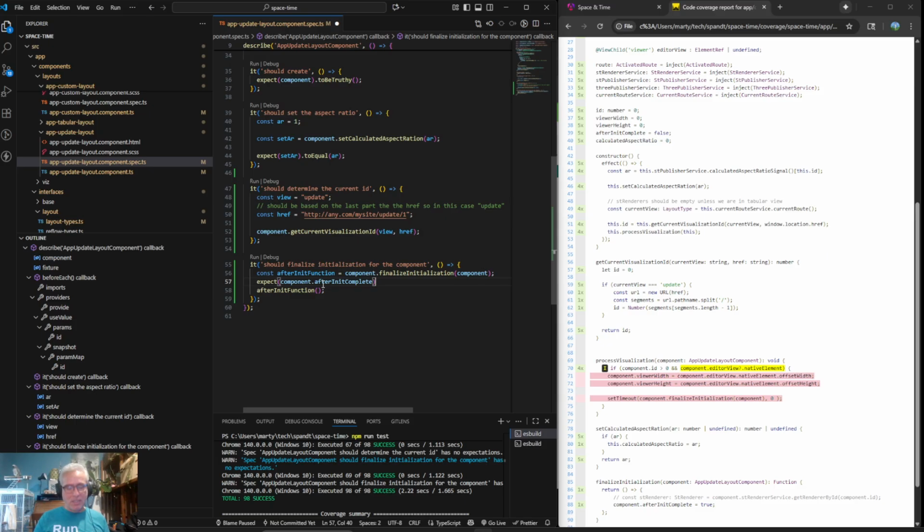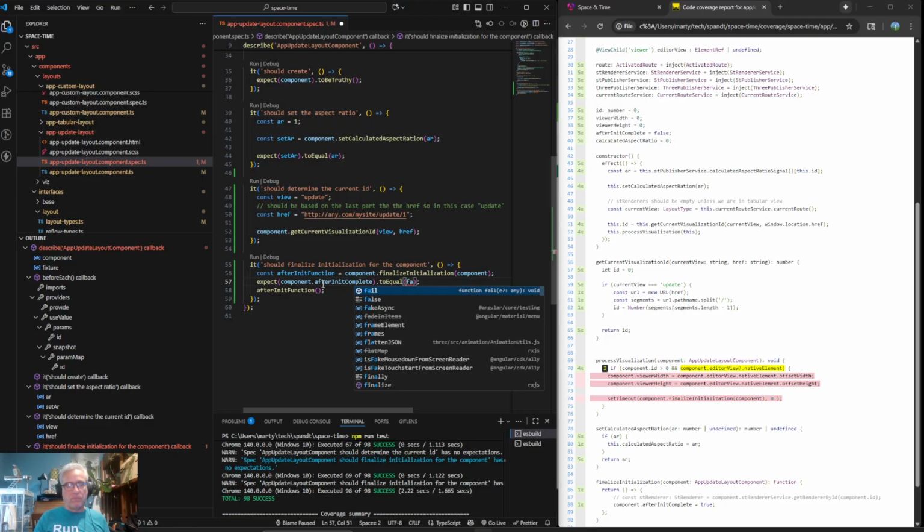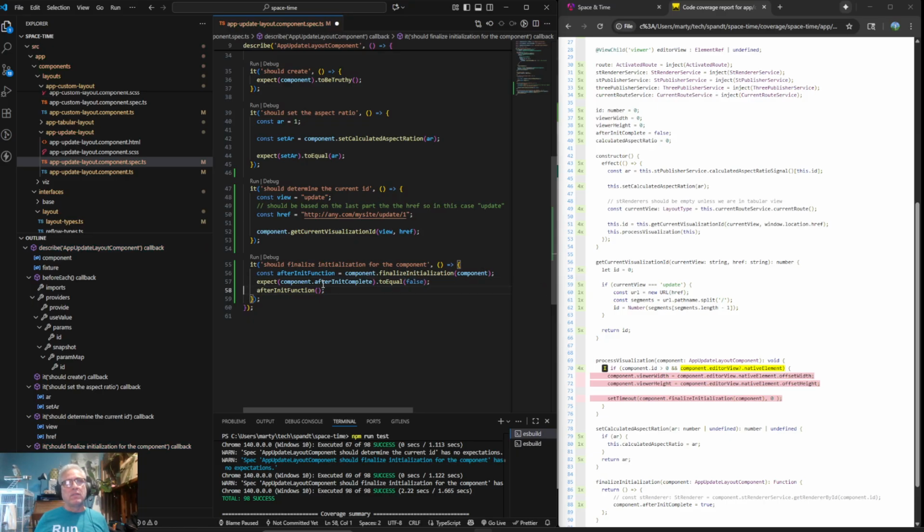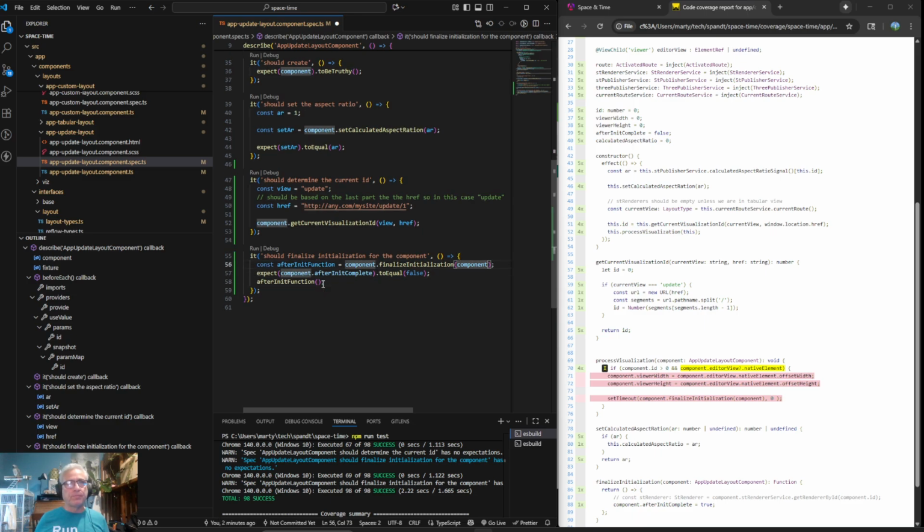And we expect it to be equal to false, to equal false. And then after this, we expect it to be true. And we have to do that timeout because